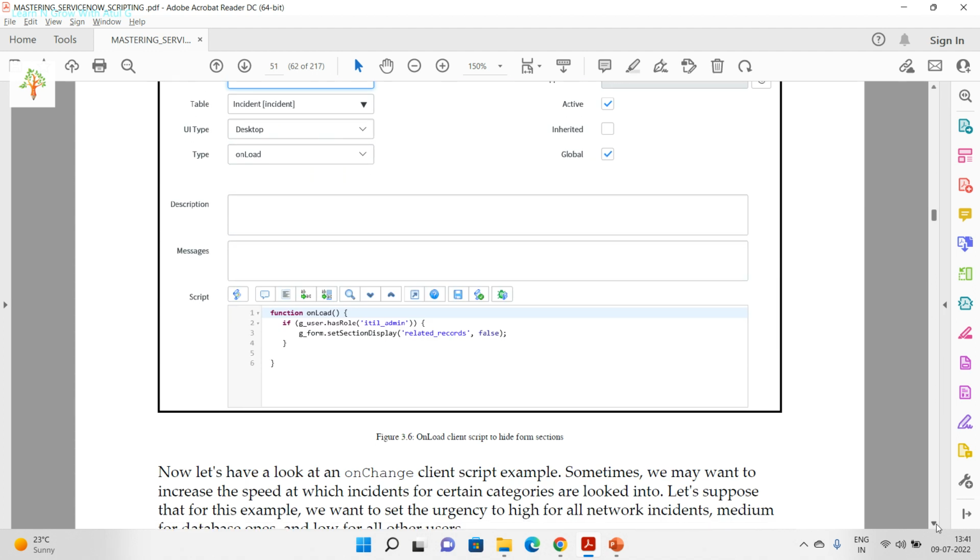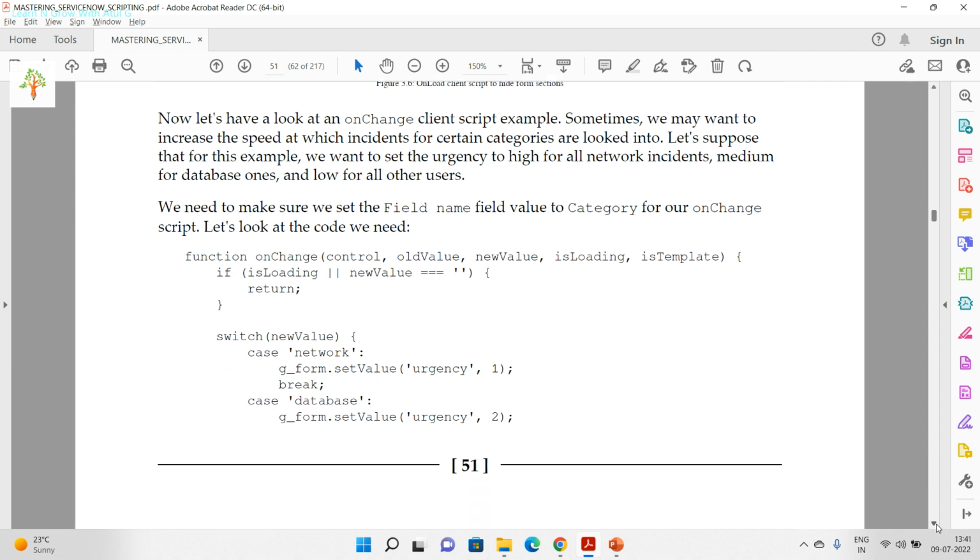Okay, the other one you can see here is onChange. What it's saying on the change is that if newValue is empty then return false. If newValue is network, so they're using the case. Like we have a while loop, for loop, if condition, then we have a case as well. So we have a function with a control like this. Switch newValue. If the user is putting network, then set the urgency as 1. If the user is setting the value as database, then put as